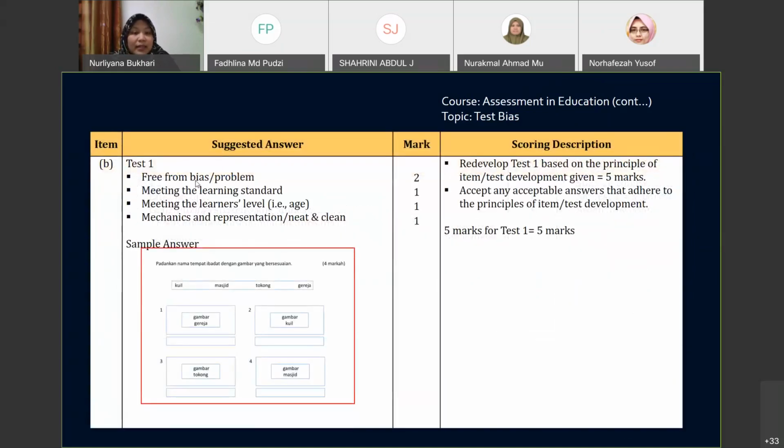Yeah. And this is what I suggested, which some really did better than mine, but this is what I said. And how do I decide? They develop. First, the criteria should be free from bias or problems. It should meet the learning standard, meet the learner's level, which is the age, and mechanics and representation need to be